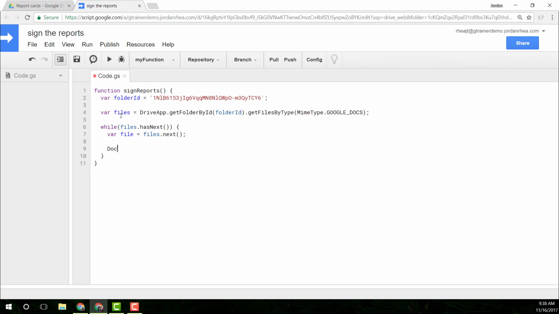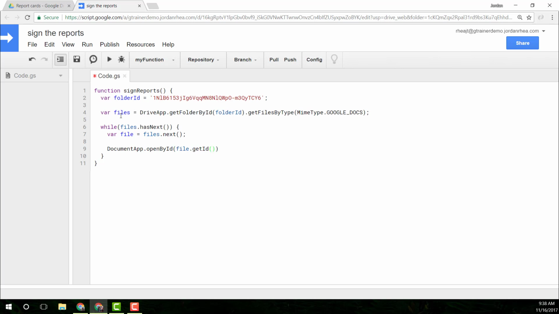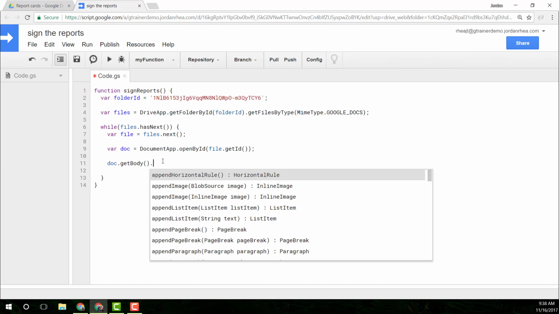And we want to actually then open up the document app service, and we want to open by ID, and we're going to say file.getID. Perfect. We want to get the doc, so we're going to call this a doc. Now, what do we need to do then? We need to actually get our image, and then we want to put it on the end of the doc. So we're going to say doc.getBody, and we want to append an image,